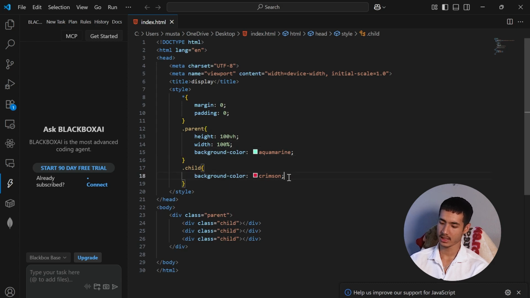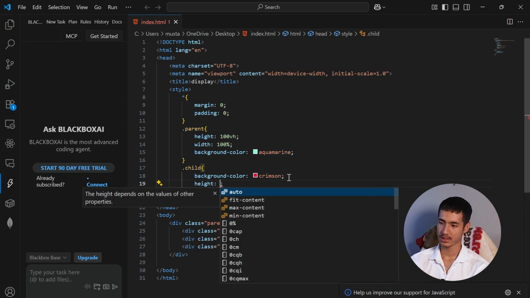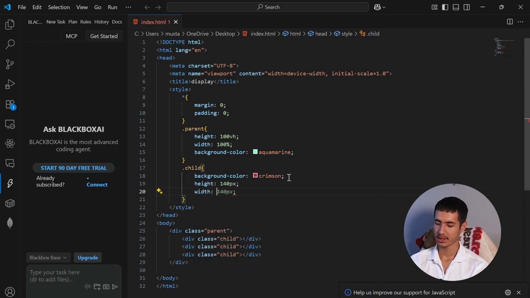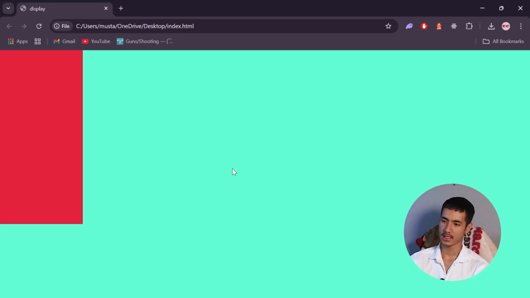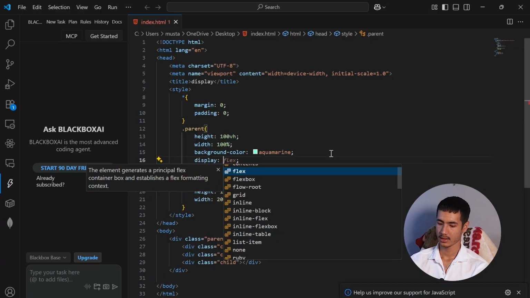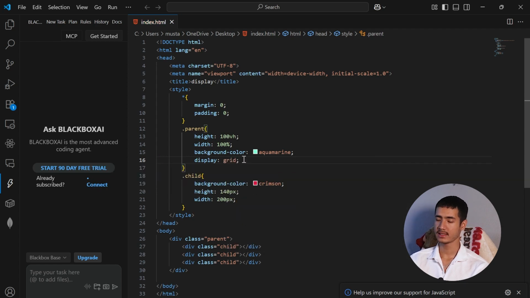So we can define their height. I can say that each element should have a height of 140 pixels, and we can say that each element should have a width of, for example, 200. Let's save and refresh it. As you can see, these are the children that we see. So now what I need to do over here is change the display of their parent to display grid. Now, as I said, display grid has rows and columns inside it. So when I save and refresh it,